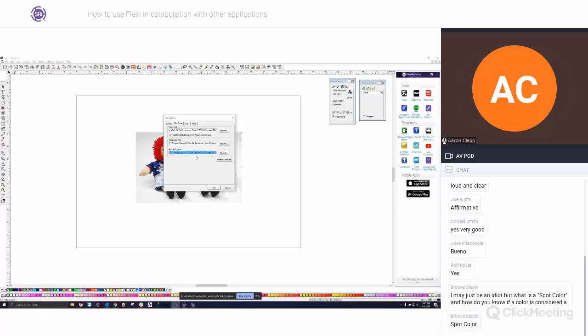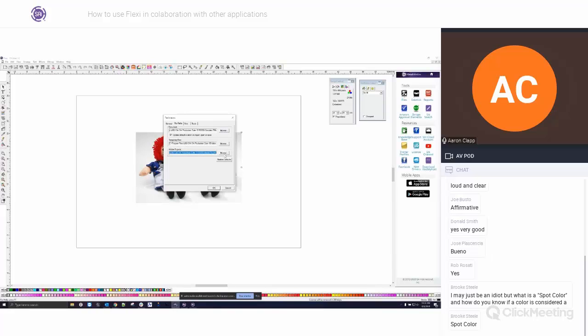But here's the thing. By default, it's set to the Adobe Photoshop folder, which is fine, because then you can get access to the Adobe Photoshop filters. But let's say that you want to install other third-party Adobe filters. Well, then you'd have to install those into the Adobe folder and things like that. I'm going to avoid that, and I'm just going to use the Flexi folder. There's a folder in Flexi that we need to set it to, to make sure that we can have all kinds of different manufacturers